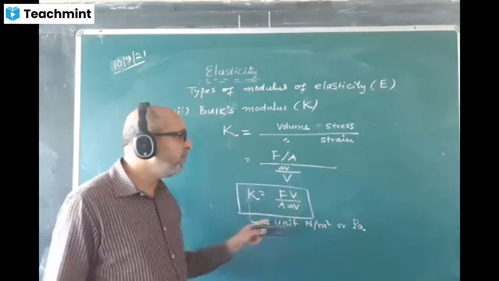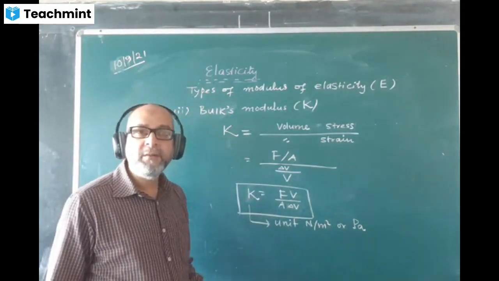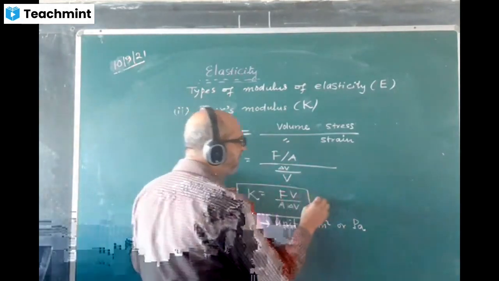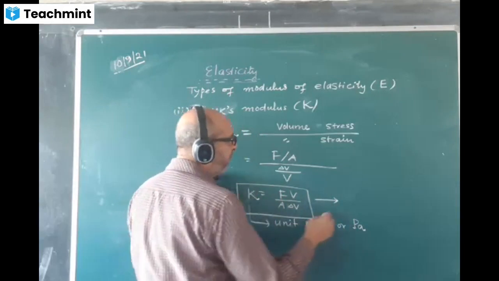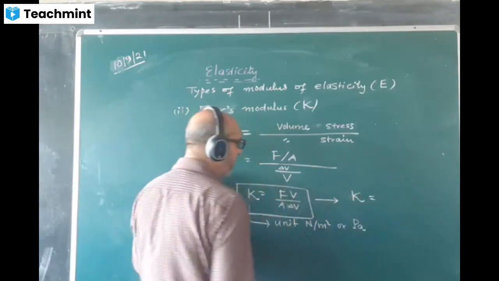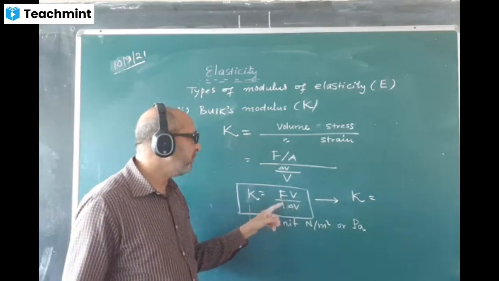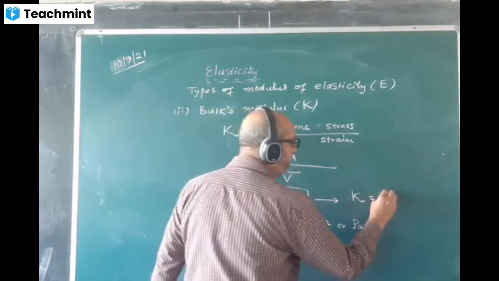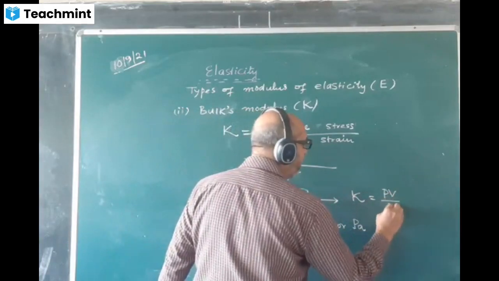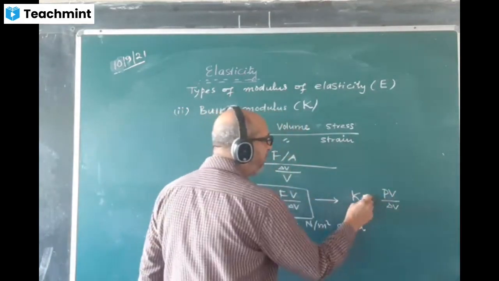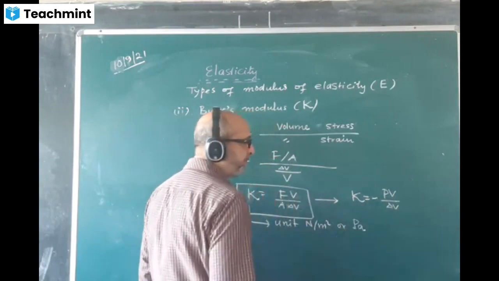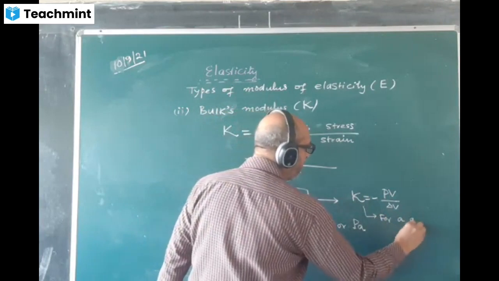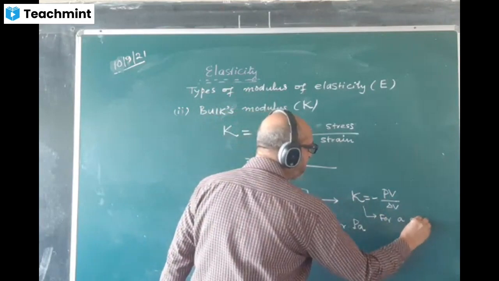So this is a general formula we write. This is for a solid, but for a gas, the same formula can be modified like this. K equal to, we write, force by area. What does F by A make? Pressure. We can write like this: K equals PV by delta V. But for a gas, the same formula is written with a minus sign. This is for gas. Minus sign